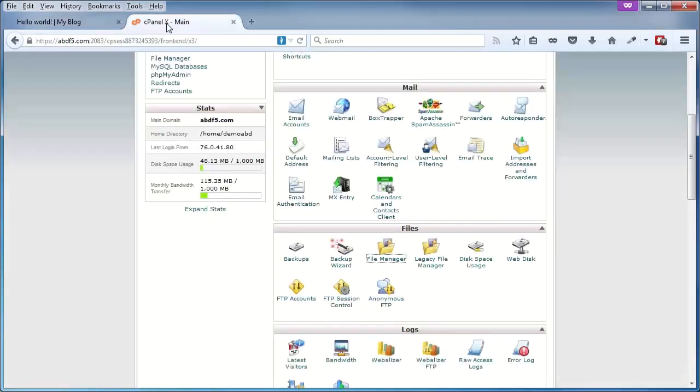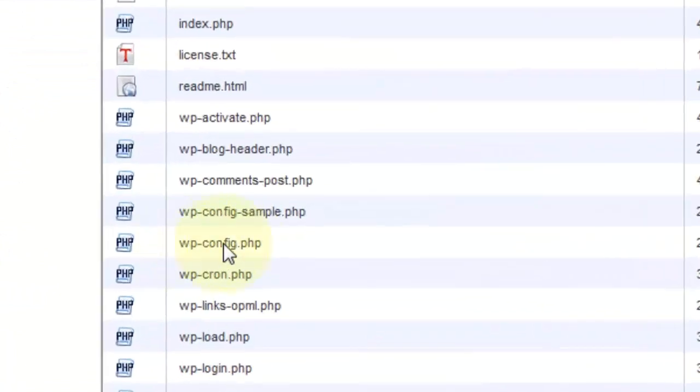I'm going to be doing this within my cPanel control panel. You can do pretty much the same thing if you are using something like FileZilla or an FTP client. But for me, it's just a lot easier to do it within File Manager of my cPanel control panel. So I've already logged into cPanel, click on File Manager, and here is the wp-config.php file. Now we're not talking about the one that has -sample in it. That's basically just trash right now. We could just delete that and not have to worry about it, but we'll leave it alone for now. The one we're going to be moving is right here,